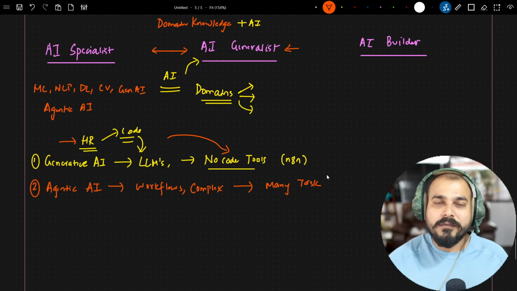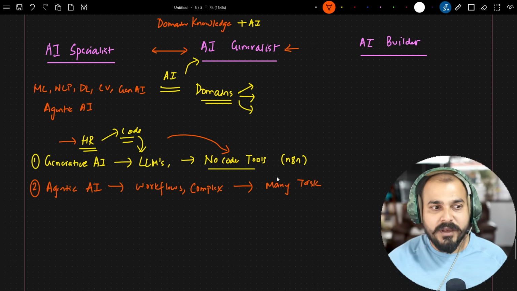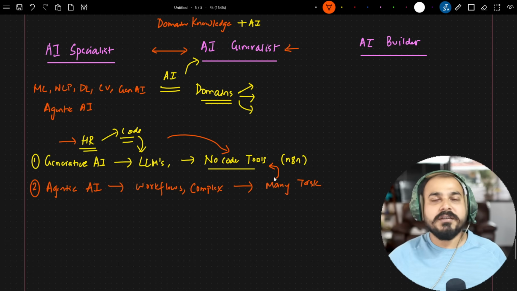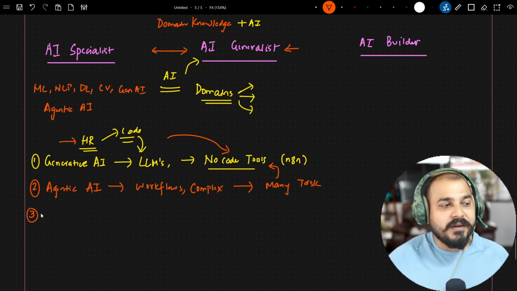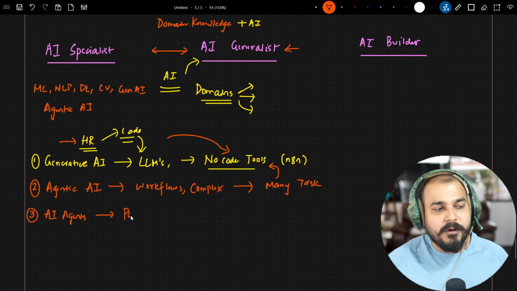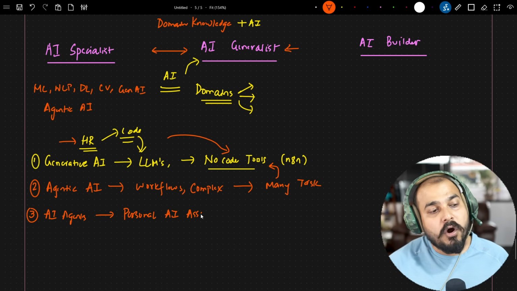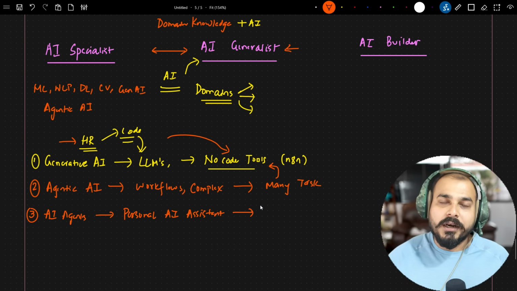But at the end of the day, if you really want to develop some kind of application which will be able to do it, again you need to go ahead and use some kind of no code tools, right? Similarly, some more topics that we are going to cover is how to develop an independent AI agent. Let's say I tell you, come on, let's develop a personal AI assistant which will be able to automate any kind of task that you do regularly.